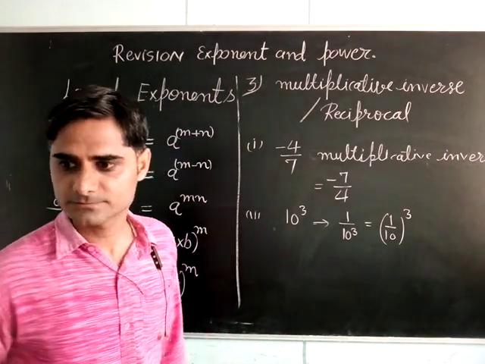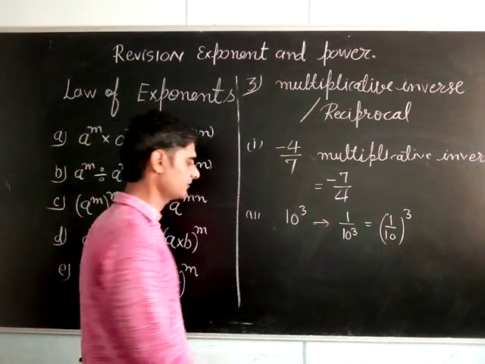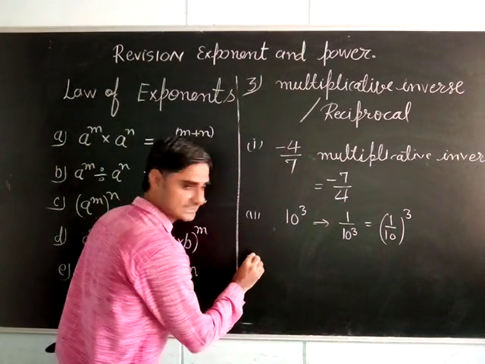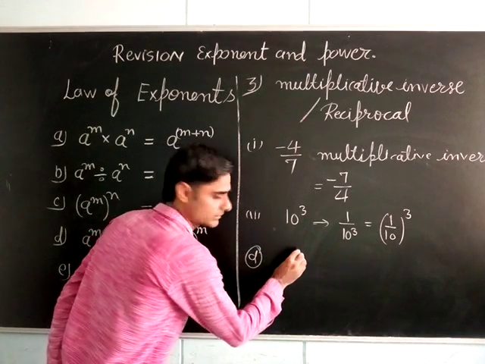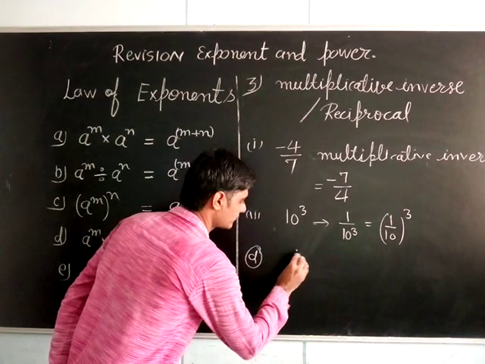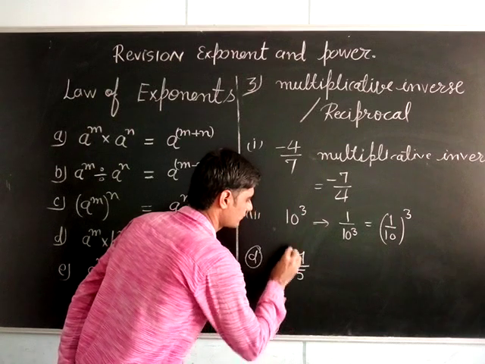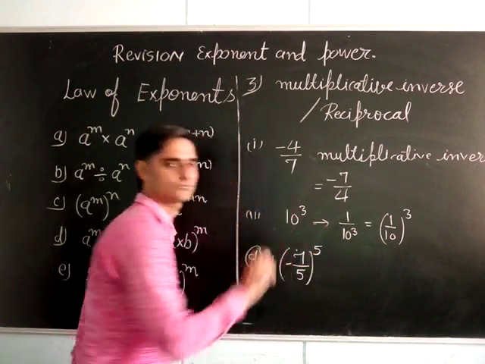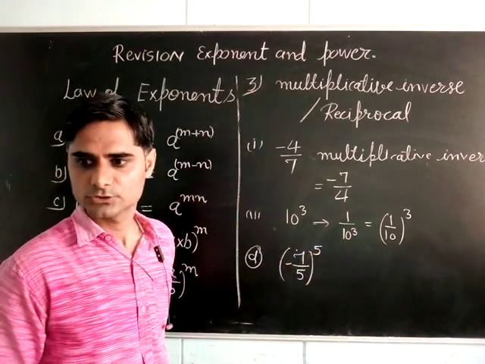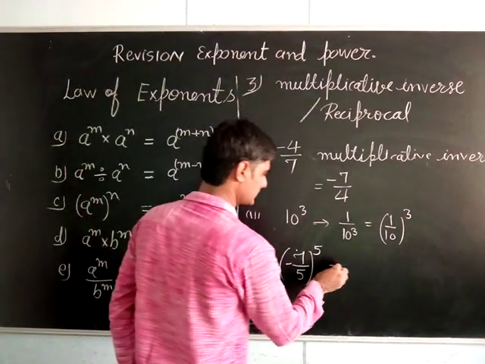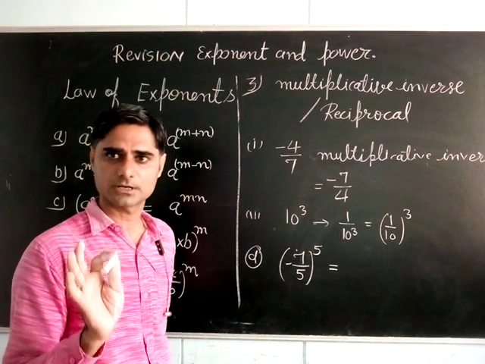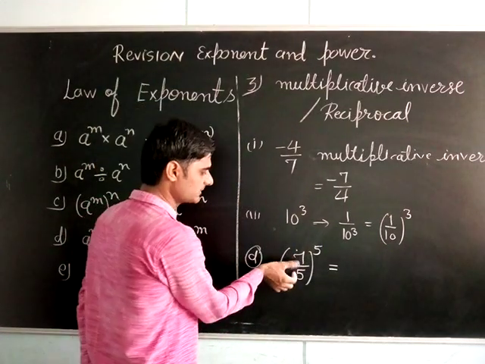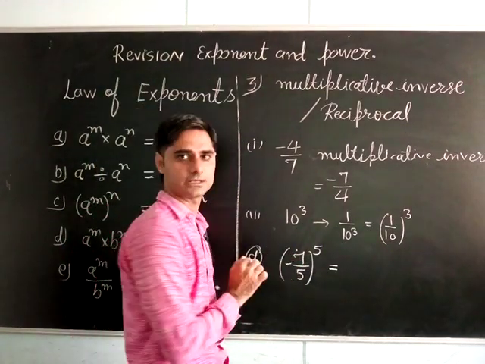Okay. One is minus 7 upon 5 whole power 7. That is the last one of the same, question number D. 1. So 7 upon 5, 7 upon 5 whole power 5. Right? Now, how to change this one? Reciprocal. Just change this one. The power will be there only. Reciprocal means you can change these only.